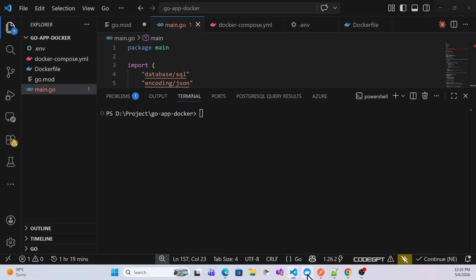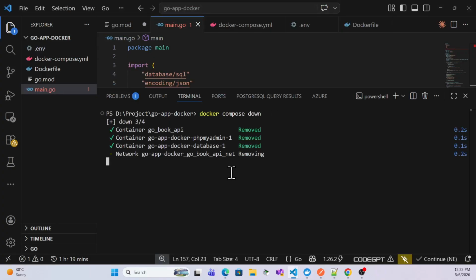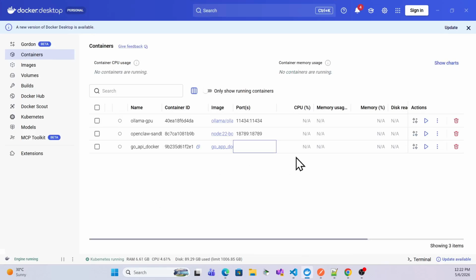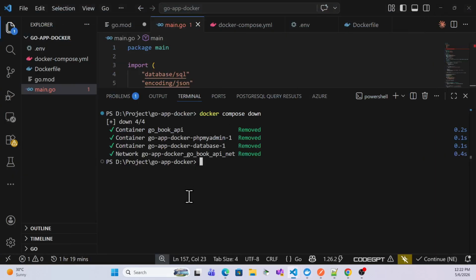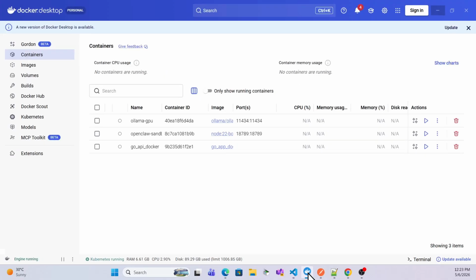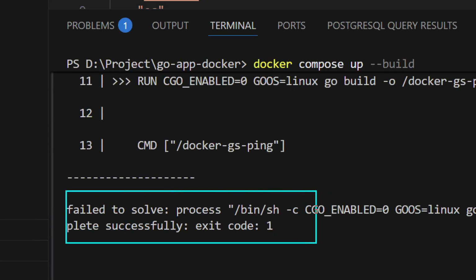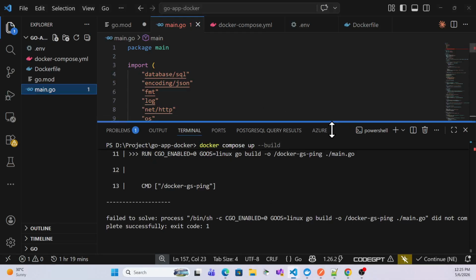And also, let me just bring down this application. So docker compose up and down are two commands which we can use to clean this container as well. So now you can see the container is gone. Once it's gone, I'll try to run this application again with docker compose up and see what happened. Definitely we'll get that error, it will just fail,